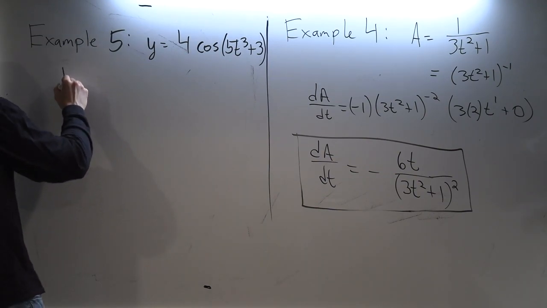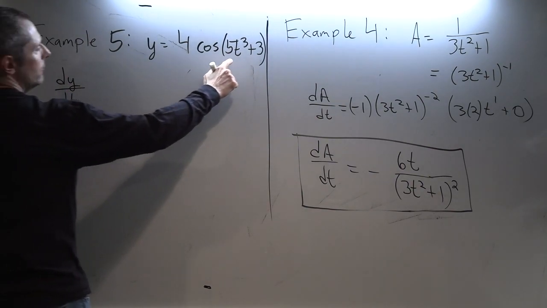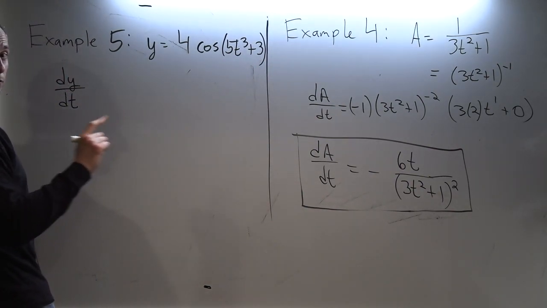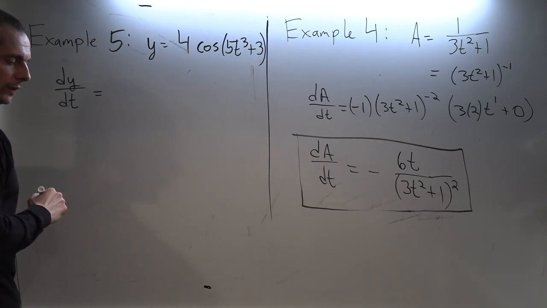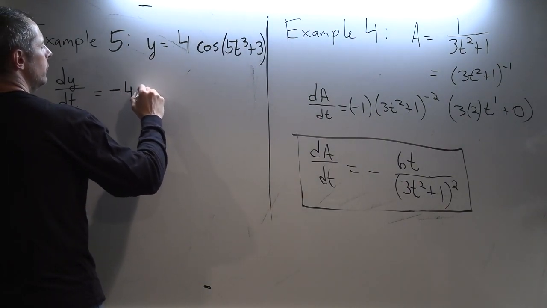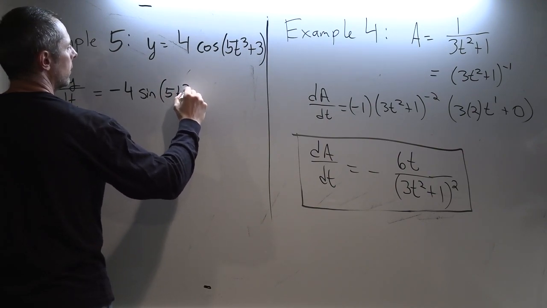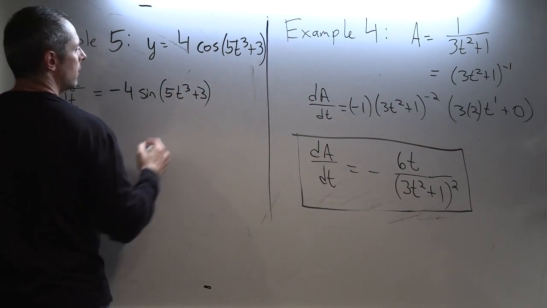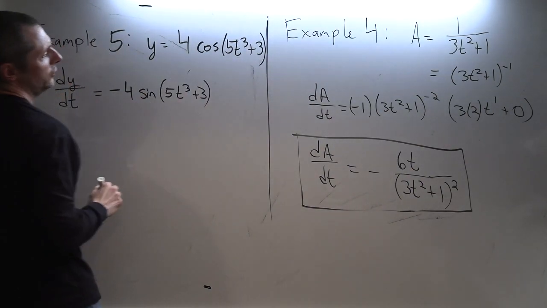Once again, I've got to use the chain rule because I have a function inside the cosine, not just a time variable. Now, normally the derivative of the cosine is the negative sine function. So I do negative sine,